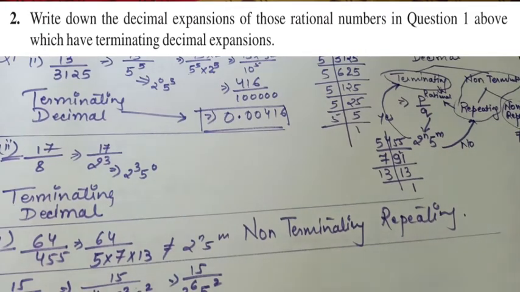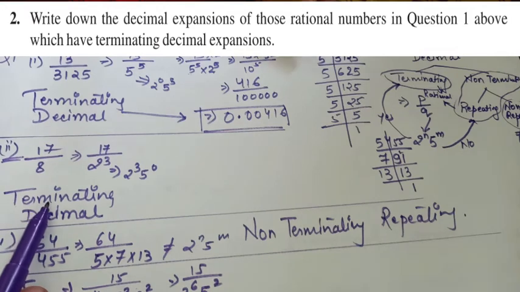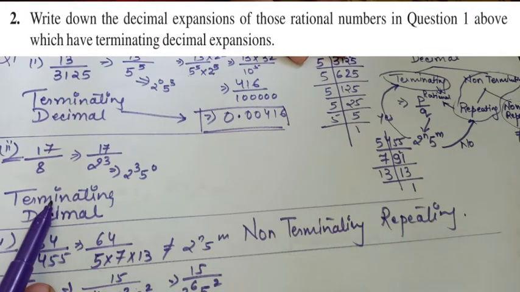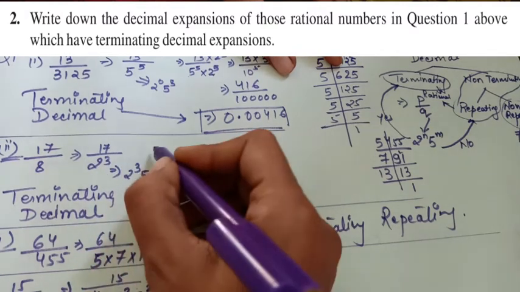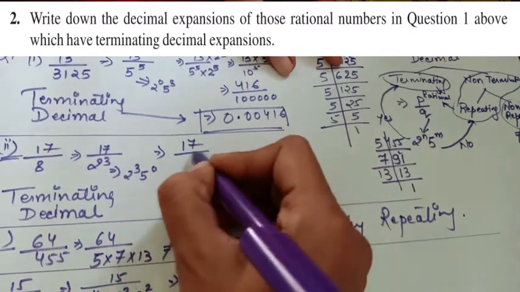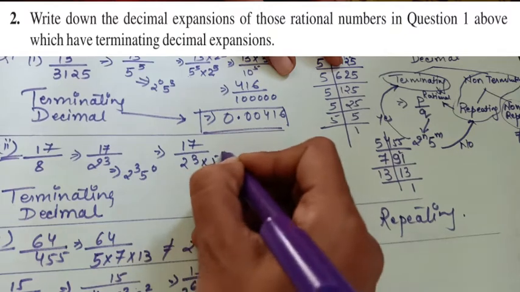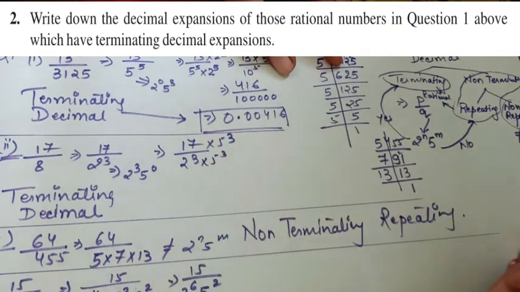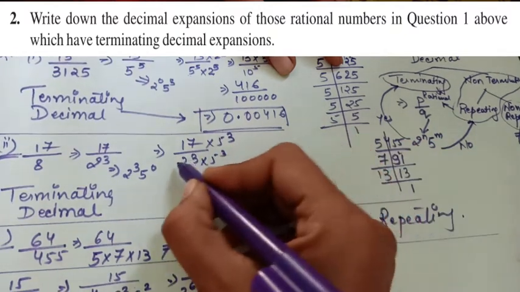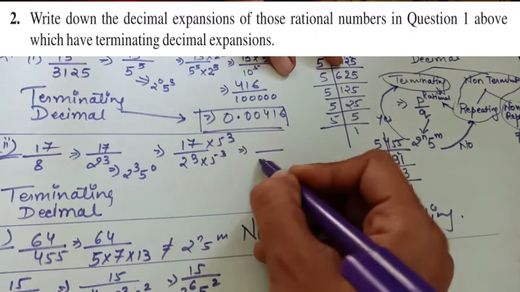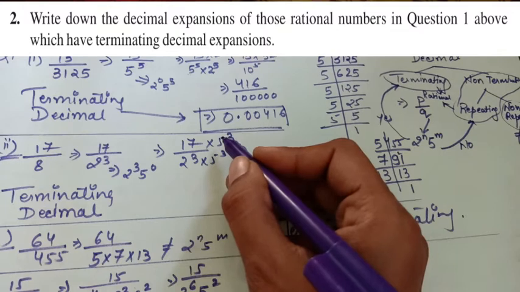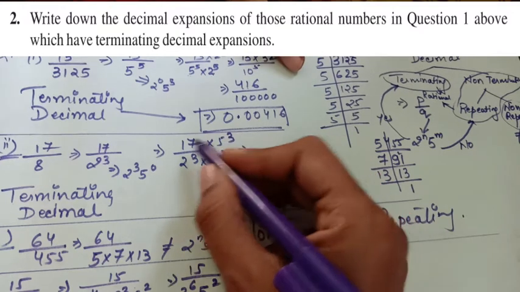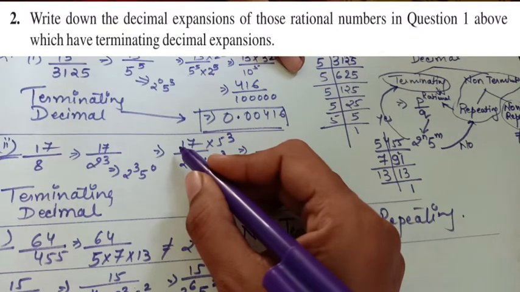Coming to the next one, the second one is a terminating decimal, which means we have to solve it. This is in the form of 2 to the power 3, and 5 to the power 3 is missing. We'll multiply 17 by 5 to the power 3 in both numerator and denominator in this way. So the denominator becomes 10 to the power 3, and 5 to the power 3 is 125. 125 multiplied with 17